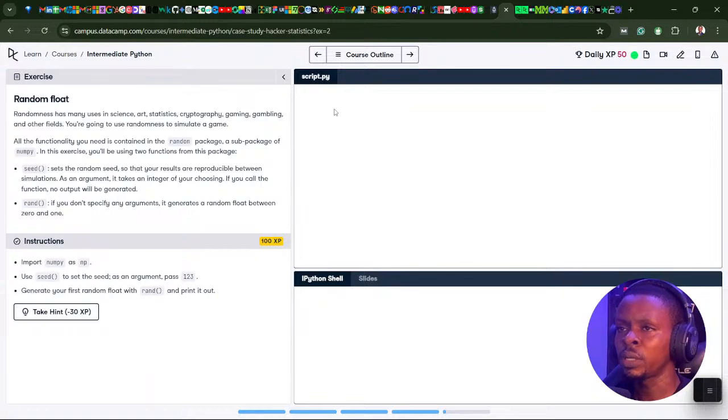The Python shell here is kind of white. Let me change it to dark mode. How do I change it to dark mode? This is white. Let me see if I can type something. I can't even see what I'm typing there. That's funny though.